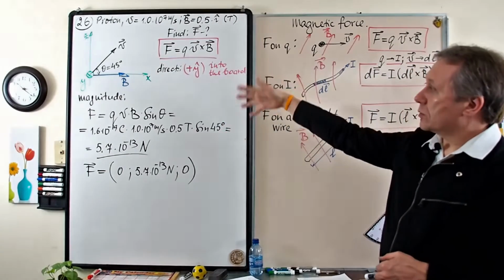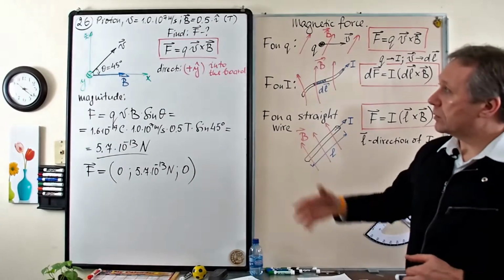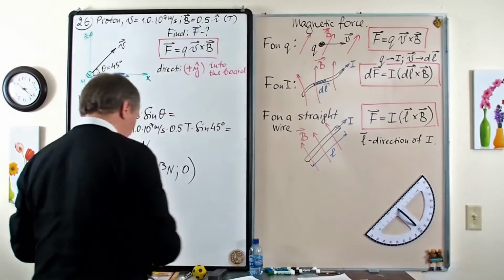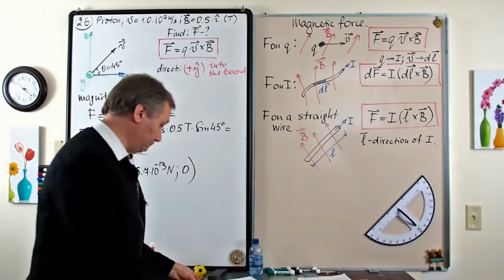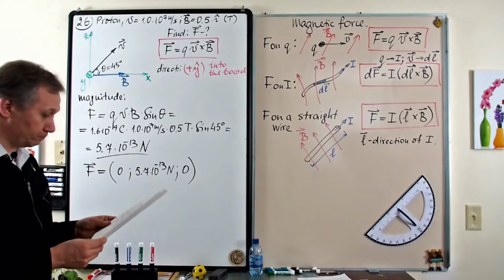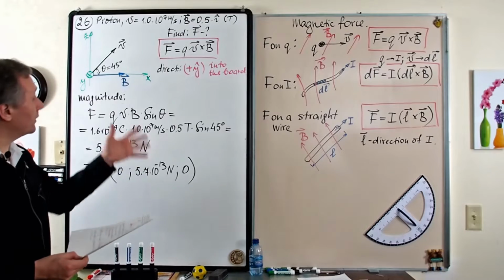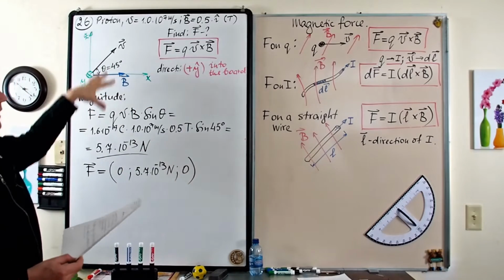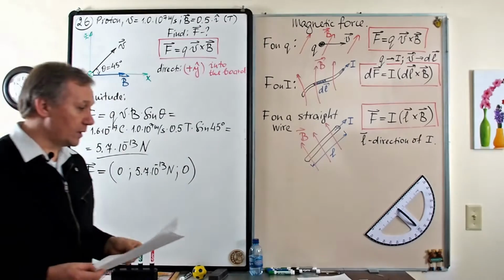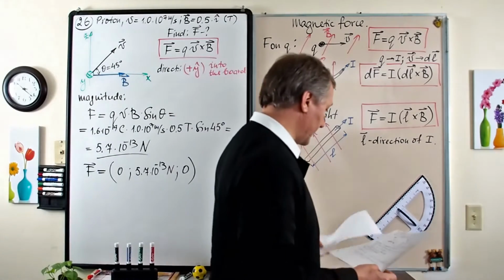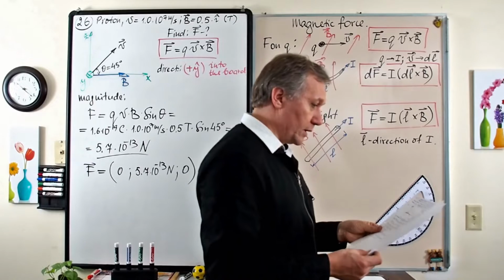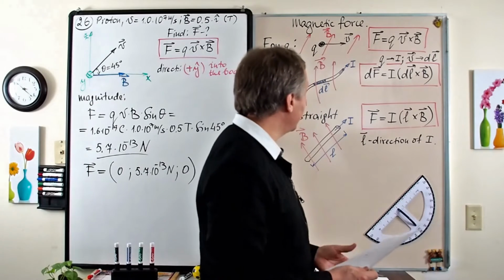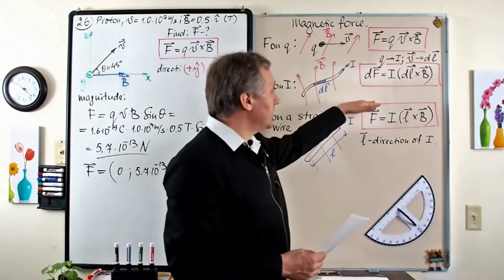Not much, just to practice the right hand rule again and to practice the equation. That's it. In homework, you're going to have the same problem 26, but it consists of two parts, A and B. We just solved only part A. Right. So now, next, let's look at more complicated examples